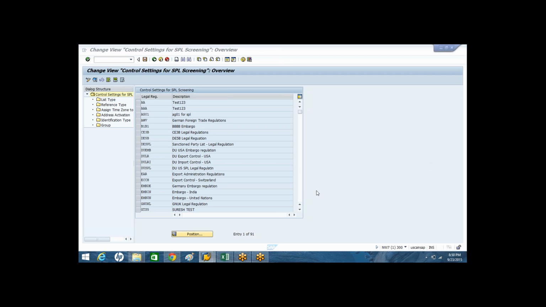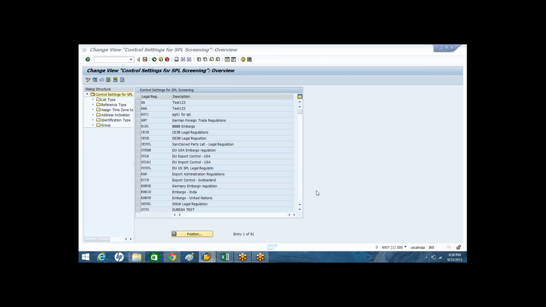Yes, that means in SAP GTS, for each and every application area, we maintain control settings at the legal regulation level.